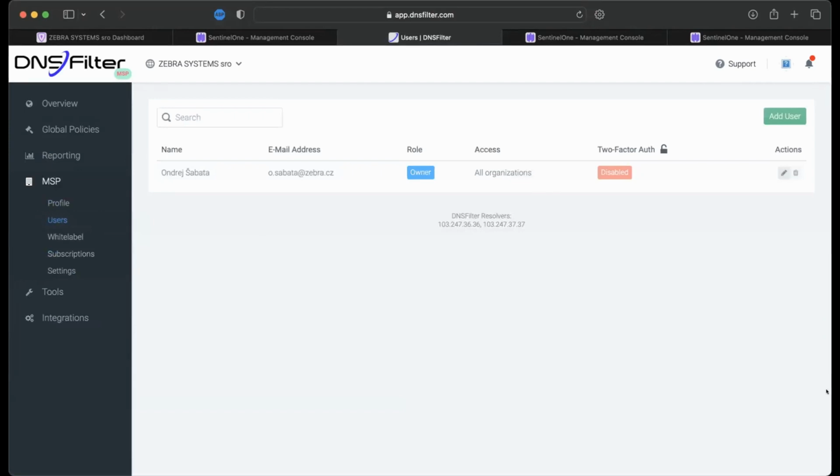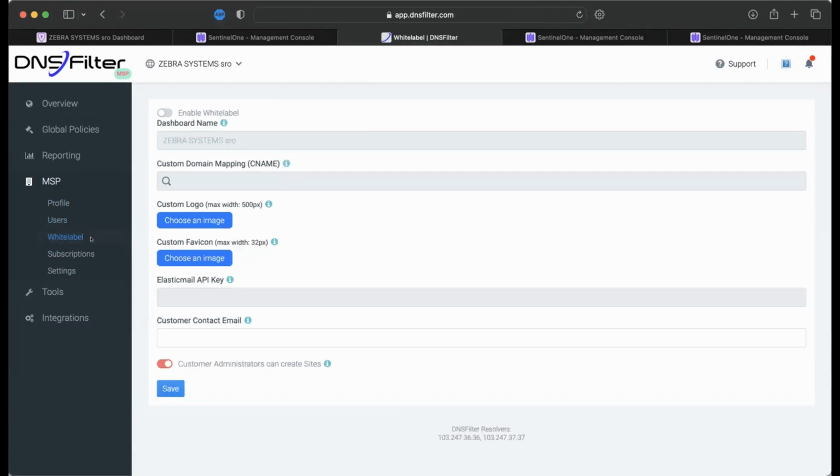You can add users and restrict access. So if you are doing co-managed services, the IT guy from the customer can have partial access and just see his own organization without you paying anything extra, and they can be happy that they can have a look at what's happening in their network. You can set up a complete white label, so you can have the dashboard renamed, custom domain mapping, logo, favicon,